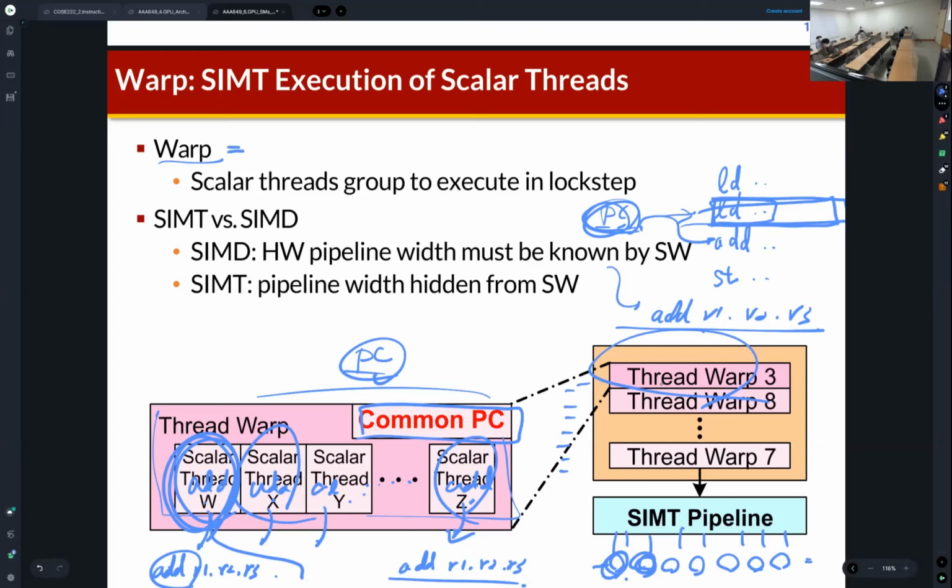The warp is a group of threads, and the threads execute the same instruction. Even though the instructions are the same, they are different threads